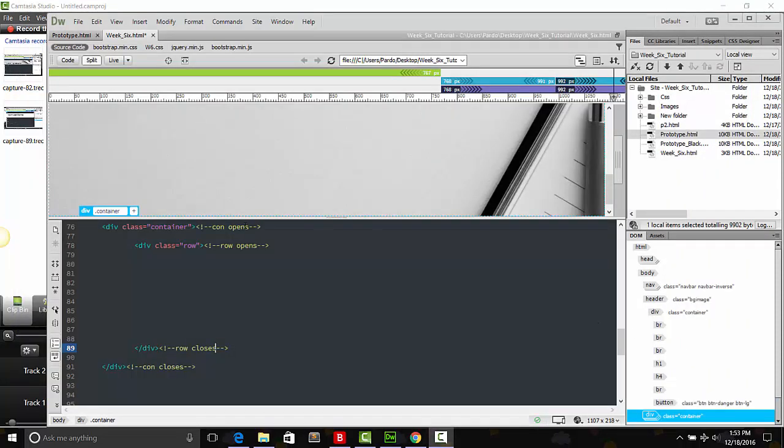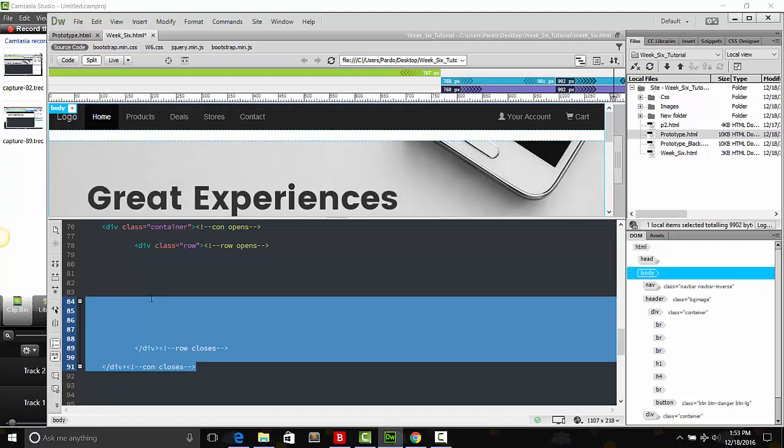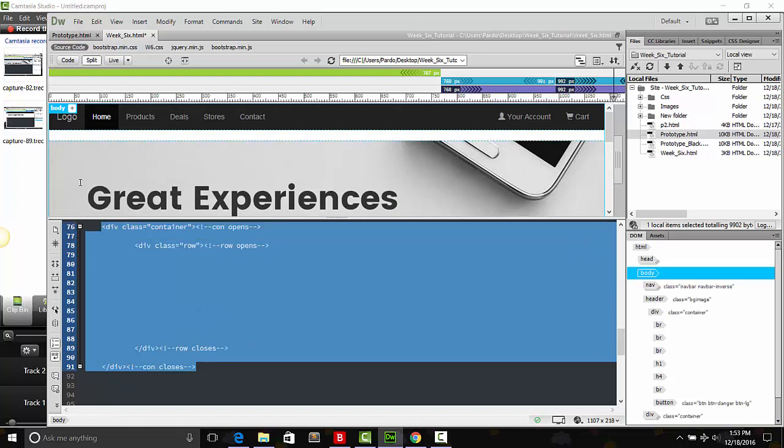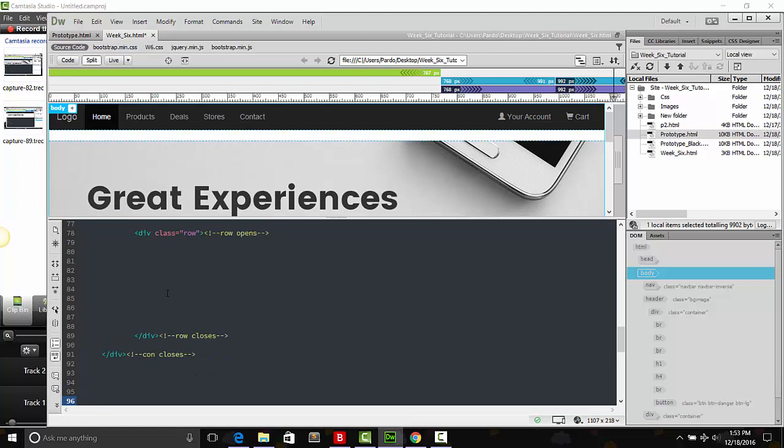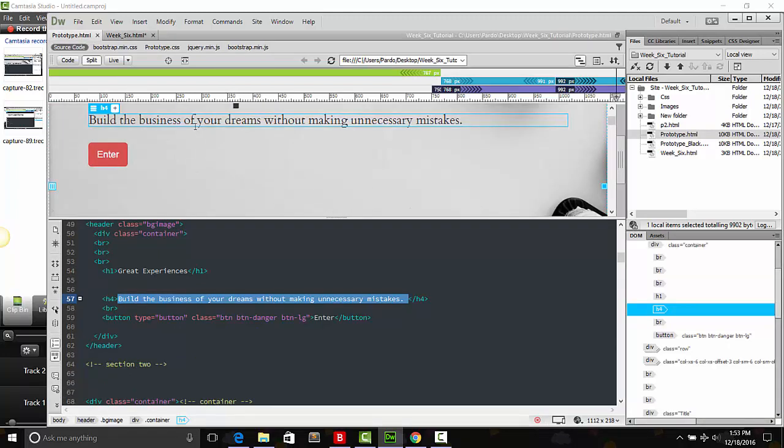Now the next section, as ever, we have created a div class container. We have put a comment where it opens, a comment where it closes, and it's also quite a good thing to do, if we can just take that just now, and we can just save a copy of it. So we don't need to do that again. Okay, now the part that we're going to do this time